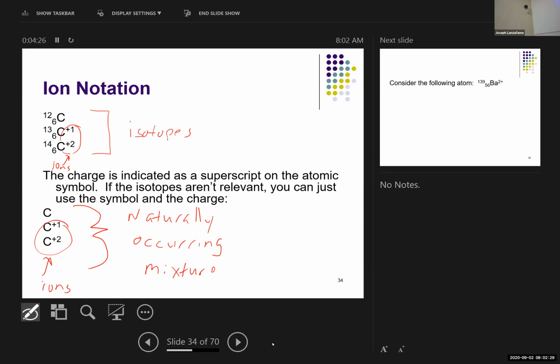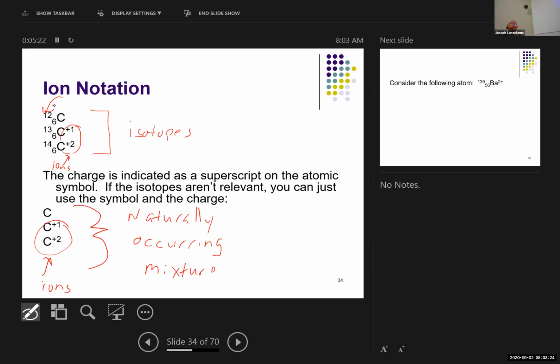And so just to be clear on symbolism here, right? If I have the mass number, which is this top number out front, added to my atomic symbol, I am specifying that I only have atoms of that specific isotope. If there is no mass number there, like on the bottom, right, then I am stating, or at least tacitly implying, that I have the naturally occurring mixture of all the isotopes, right? So C+1 at the bottom is an ion of carbon that has carbon-12, carbon-13, and carbon-14 in the naturally occurring statistical ratio,